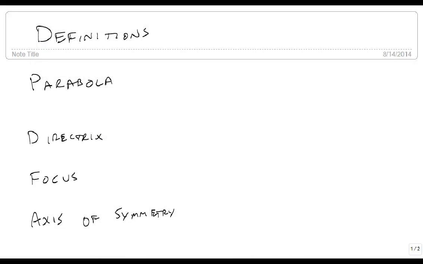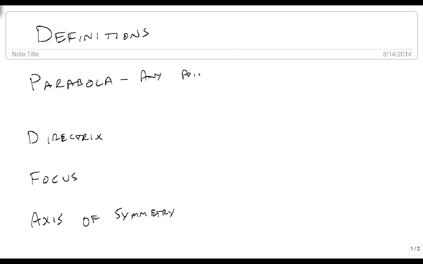We're now going to give the definitions used when we talk about parabolas as conic sections. And we already talked about parabolas before. Usually these were equations like ax squared plus bx plus c, and they give us a graph that looks like this. Well, we're going to generalize this just a little bit more, and a parabola is defined as